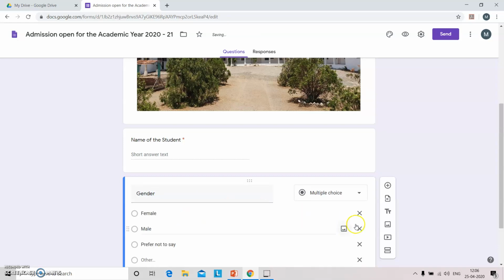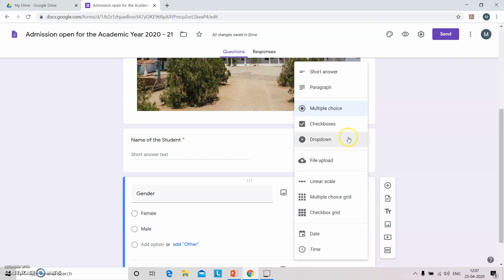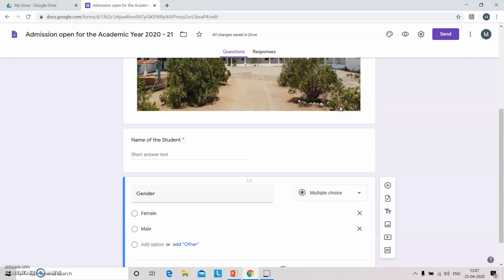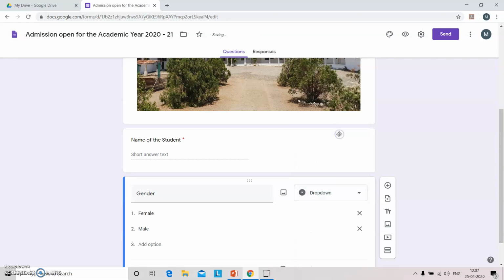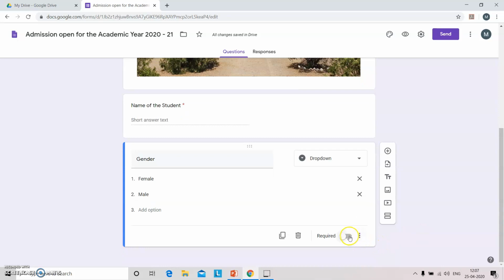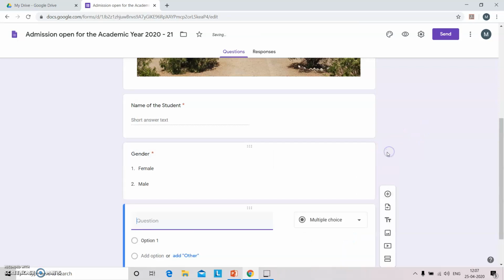We will delete the not required tab, and we will either keep it in multiple choice, or we can convert it into a drop down question. We'll convert it into a drop down one. Also, we'll make this question a mandatory one. We'll move towards the next question.